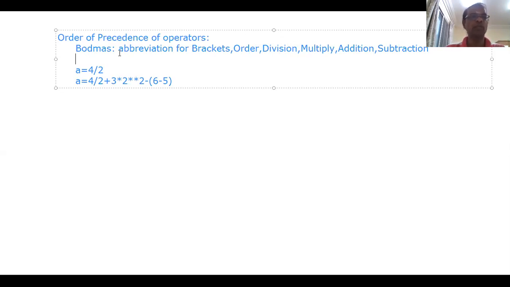See, this BODMAS is applicable not only for Python but in all languages. If your expression contains more than one operator, we can use this BODMAS, either C, C++, Java, whatever the language may be. In addition to computer languages, this BODMAS rule you can apply in mathematics also. We have to follow this rule: bracket, order or exponential, division, multiplication, addition, subtraction. Now first we go through how we can simplify this one.